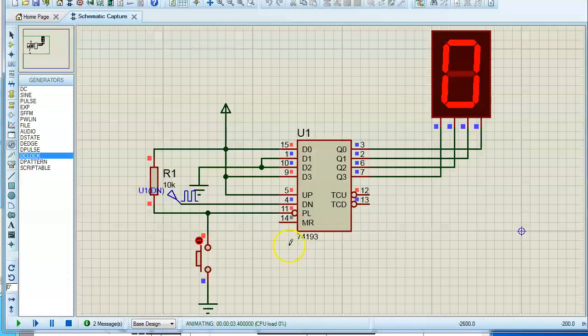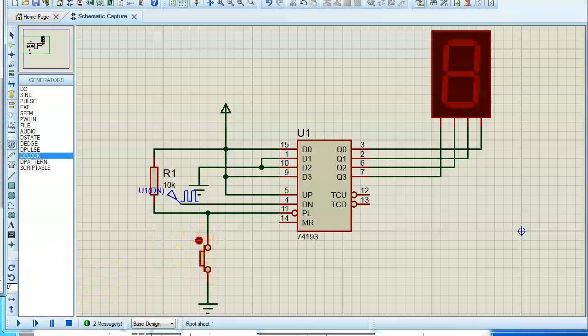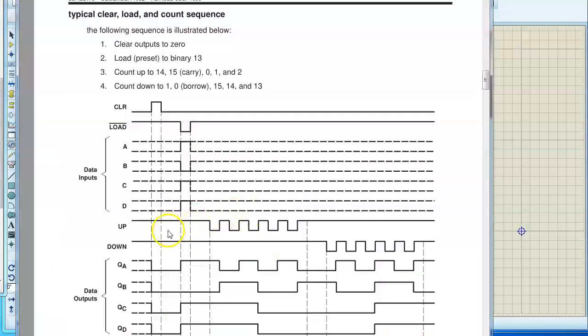Yeah, as you can see, the counting action is not happening because first let us load the value. This I have to push. I think the MR is for reset for counting, right?